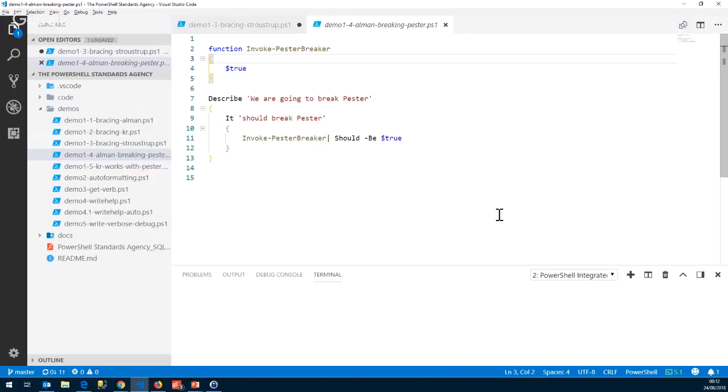If you've never seen one of these before, it's basically made up of a describe, which says what we're actually going to test, and then an it, which is what each individual test is encased in. And then we've got our test. So we've got the invoke Pester breaker function, then we've got the pipe, and then we've just got the test that says that should be true. So if I run this code,